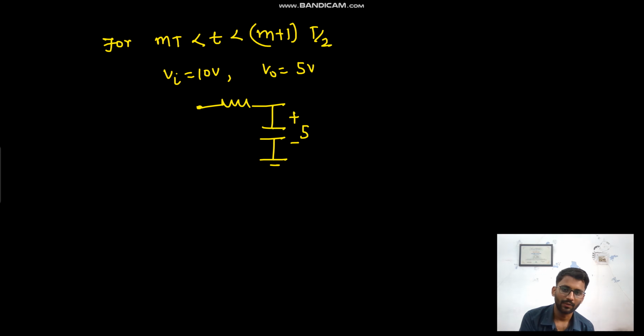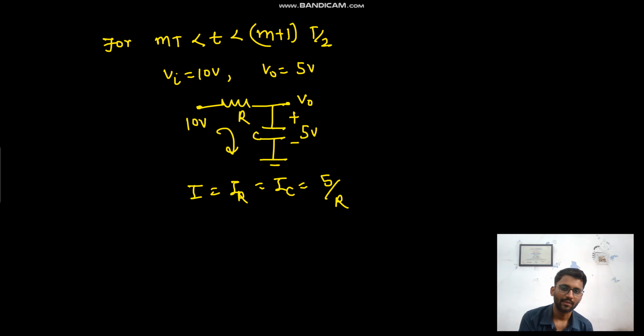This is 5 volt and this is 10 volt here. This is R, this is C, and this is P naught. So what is the current? Current I equals IR equals IC, that is 5 by R. Okay, and now for M plus 1 T by 2 to